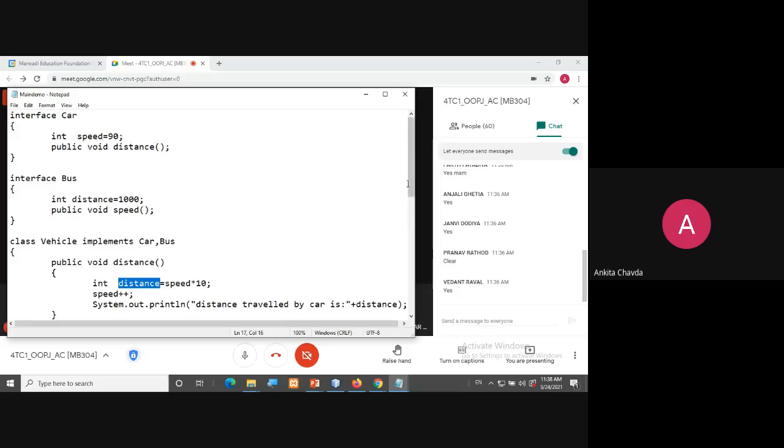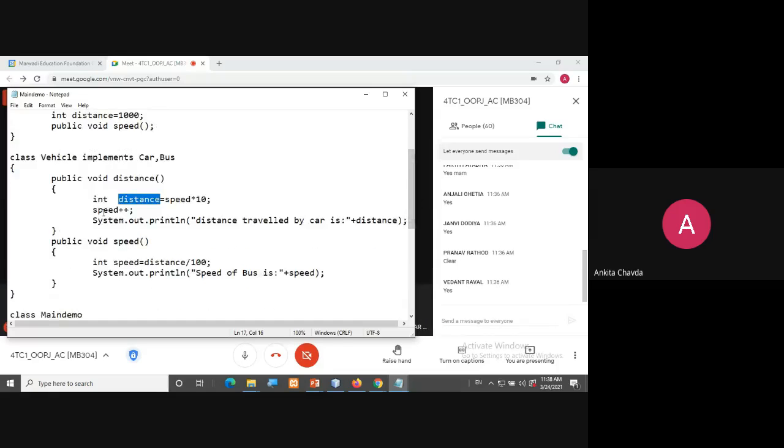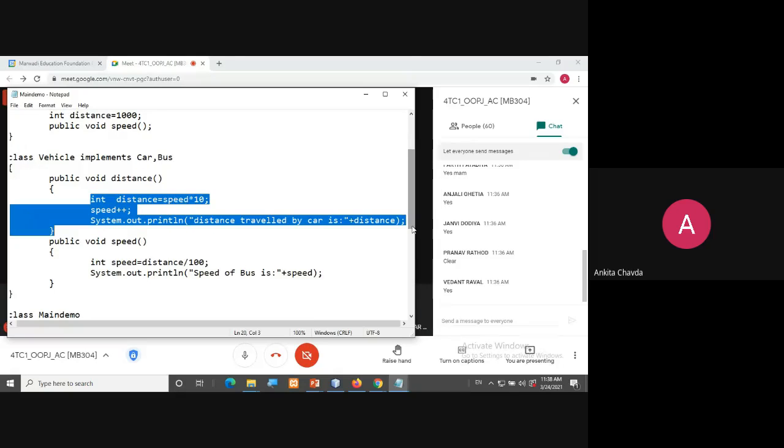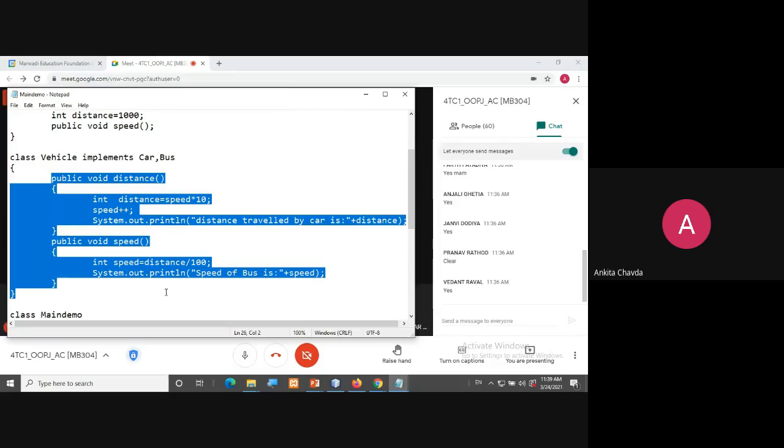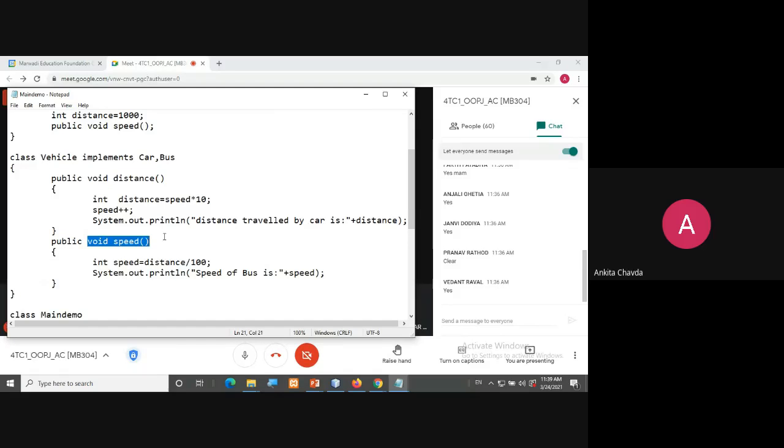Okay, in this method I'm increasing the speed every time, and here I'm just showing the distance traveled by car. And in void speed, whatever formulas they have implemented are not for consideration right now. The consideration is only that you have to implement these two methods in your class. That's it, right? And here I have void speed.